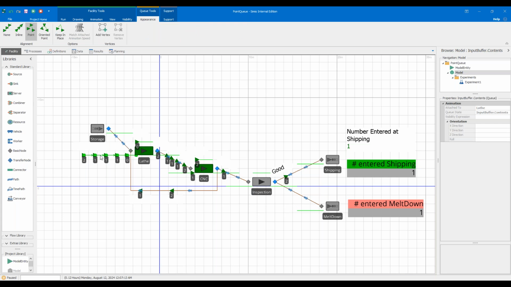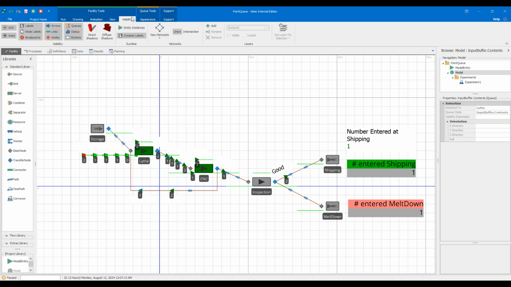When I click on the queue, you can see the appearance is moved to point, and there are several vertexes that can be moved around. Just a side note, point queues are really good to make your animations look more realistic. For example, if you have a doctor's office and you want patients in the waiting room to be waiting in chairs, you can take a point queue, move the patients to those chairs,